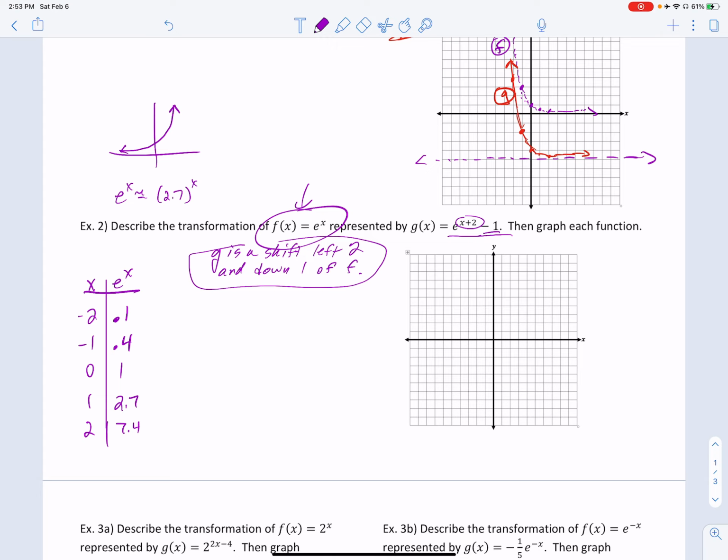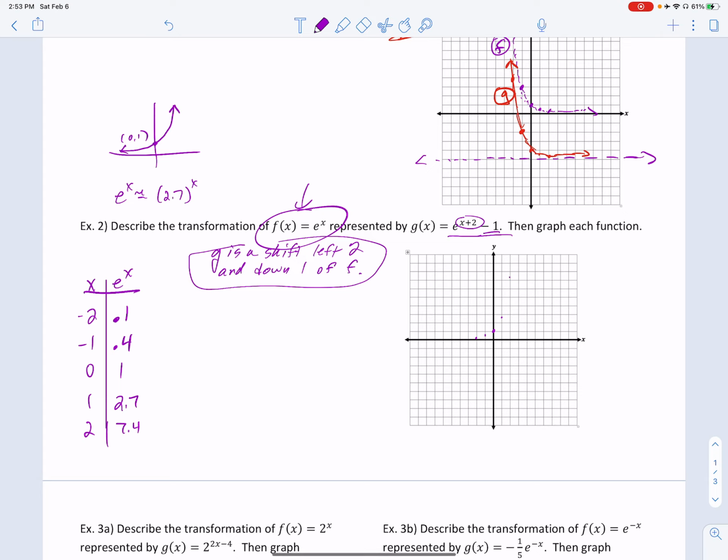Basically it looks like that, going through the 0.01 for the y-intercept. And so we can go ahead and plot it. At -2, we're at 0.1. At -1, we're at 0.4. At 0, we're at 1. At 1, we're at 2.7. And at 2, we are at